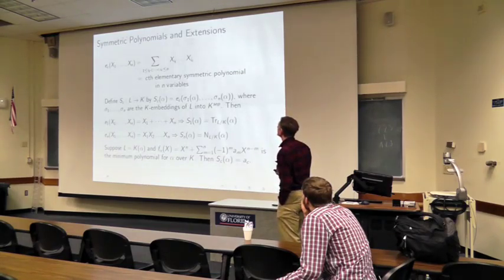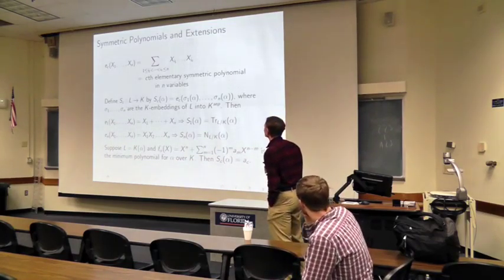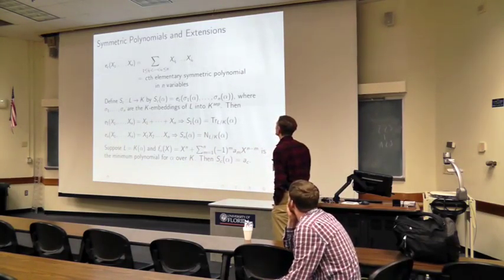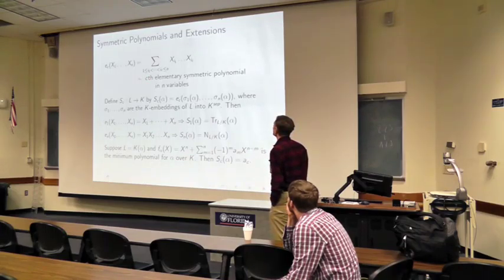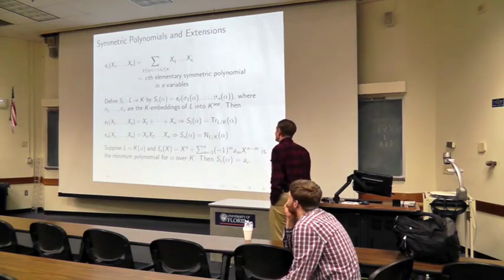And so then what I want to do is connect this with symmetric polynomials. Well, actually, this is all well known, of course. What I have right here is the definition of the c-th elementary symmetric polynomial in n variables. So you take all possible products of c distinct variables and add that all together. Originally this lives with coefficients in Z, but ultimately we're going to be viewing it inside of K. So then I'm going to define, using E sub c, a function from L to K,